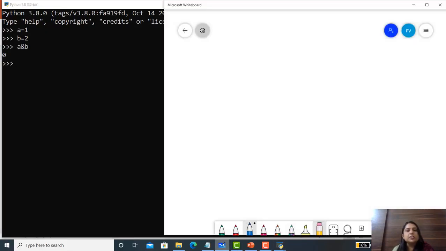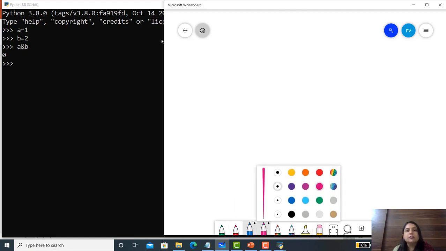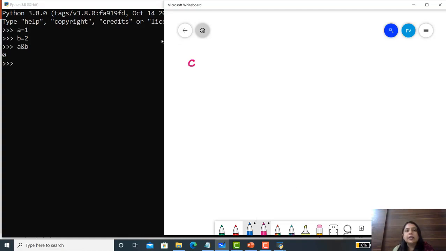This AND operation is just like our digital operation. A equals 1, so first we convert it into binary: 0 0 0 0 0 0 0 1.